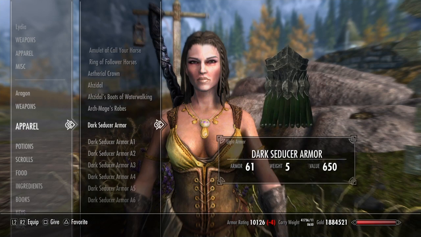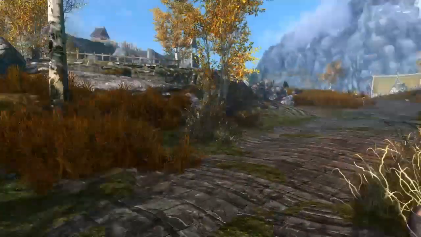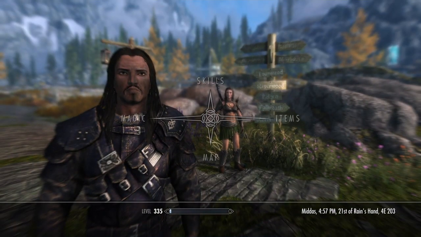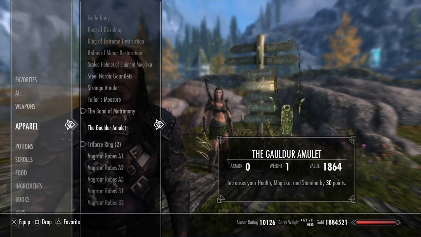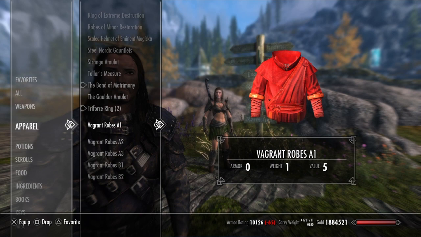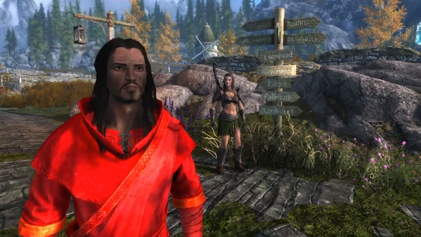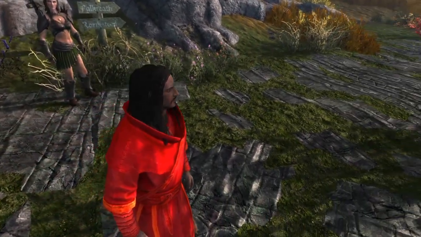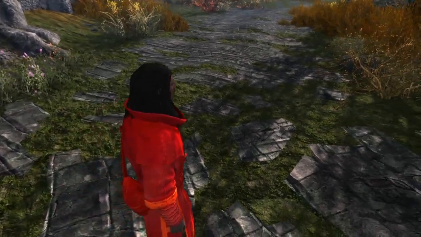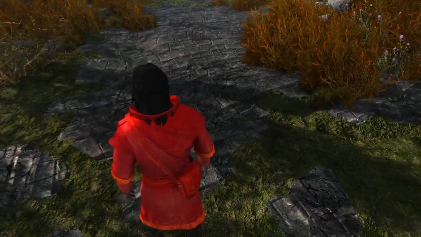We'll now go ahead and put her back to her default armor, and I will show you the Vagrant robes on my Dragonborn Aragon. So there's not many Vagrant robes, but here is Vagrant robe A1, and automatically from the previous video you will see a difference here. This is a much more toned down red. It looks like it has yellow or orangish accents for the sleeves, and as you can see, the pack